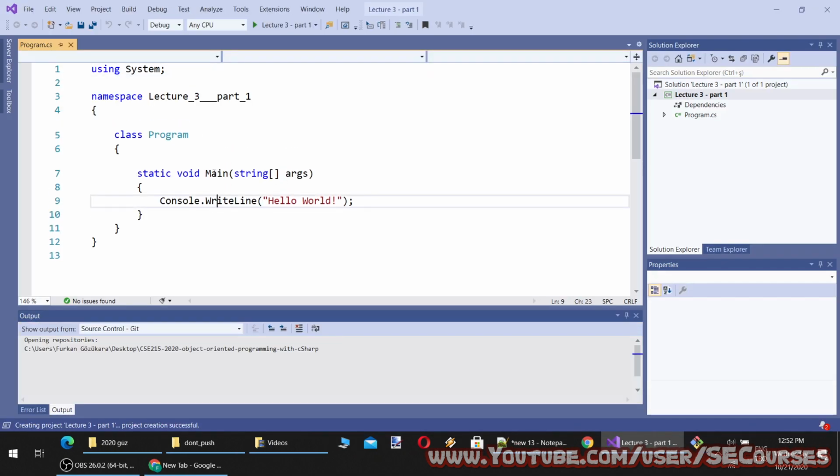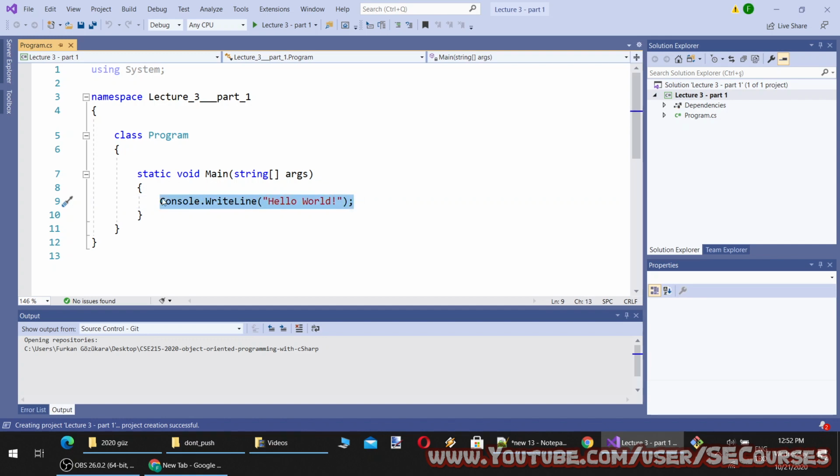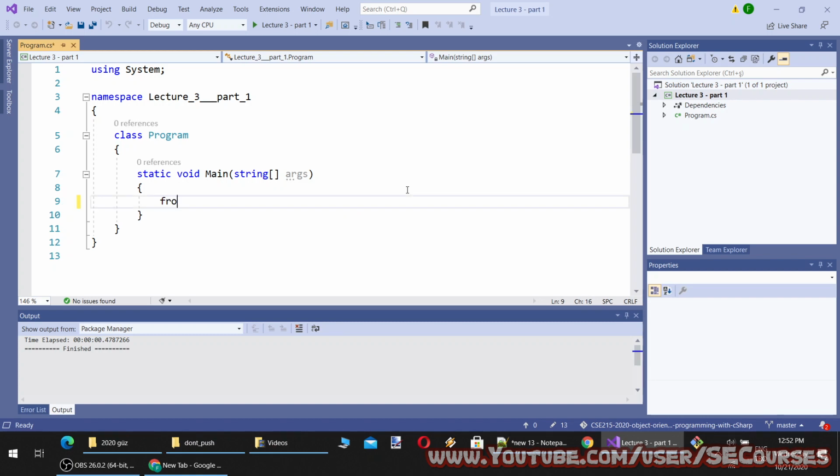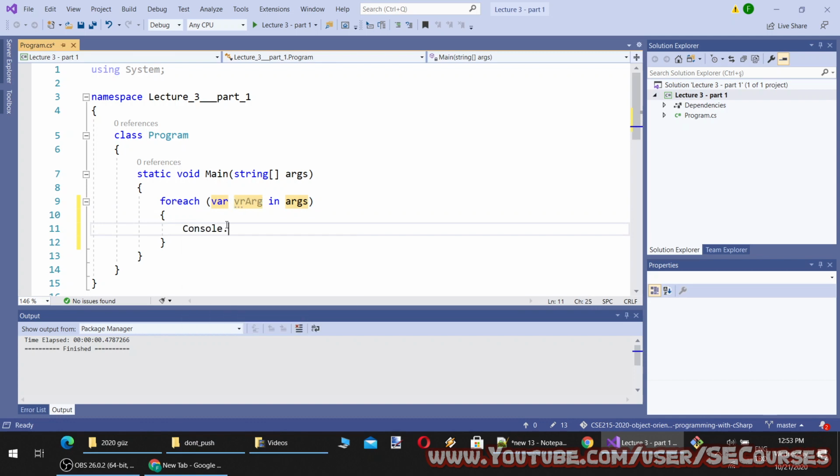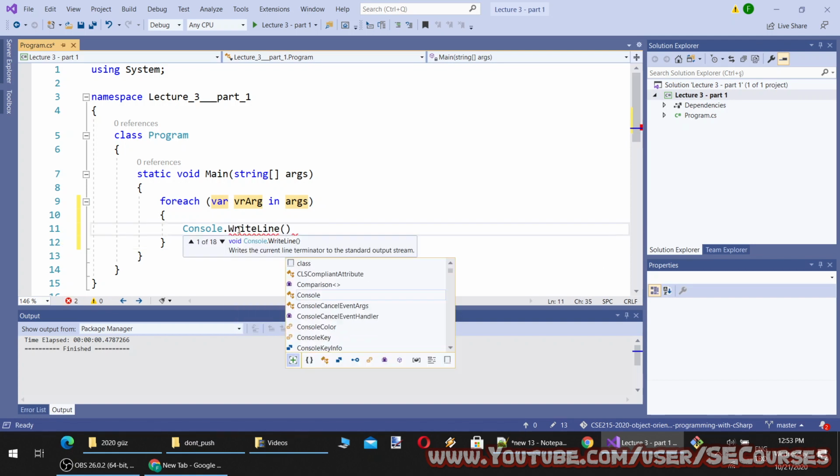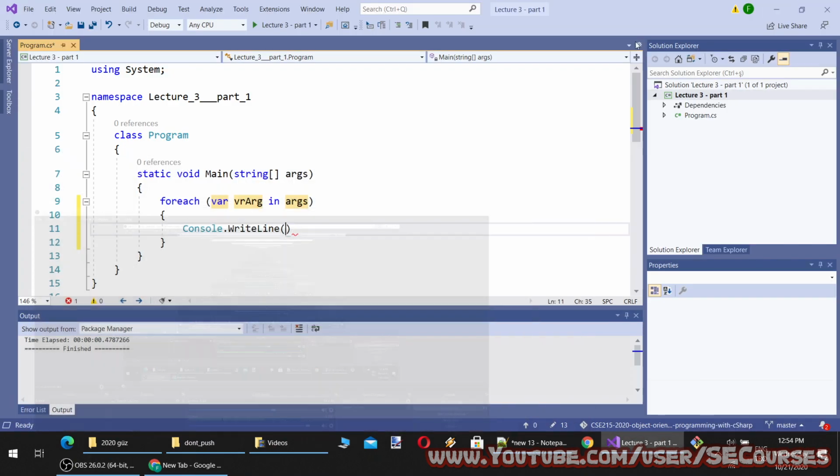So you see, the main method in a console application can take an array of strings as arguments. I will show the arguments on the console screen. All right, let's continue.